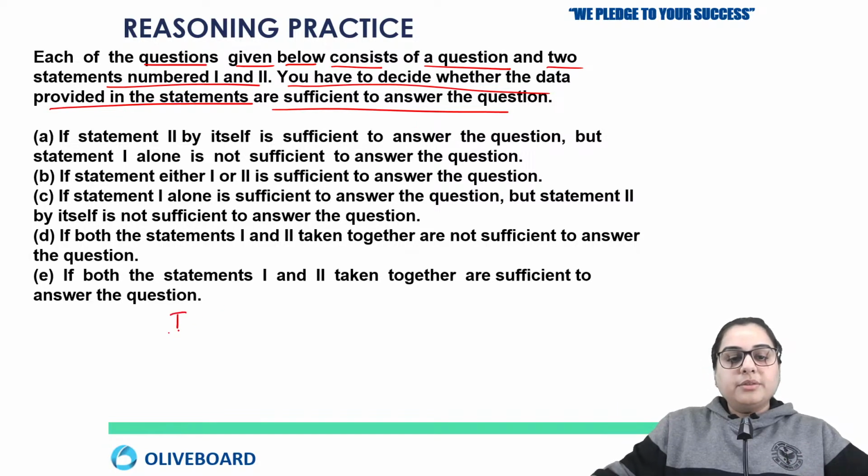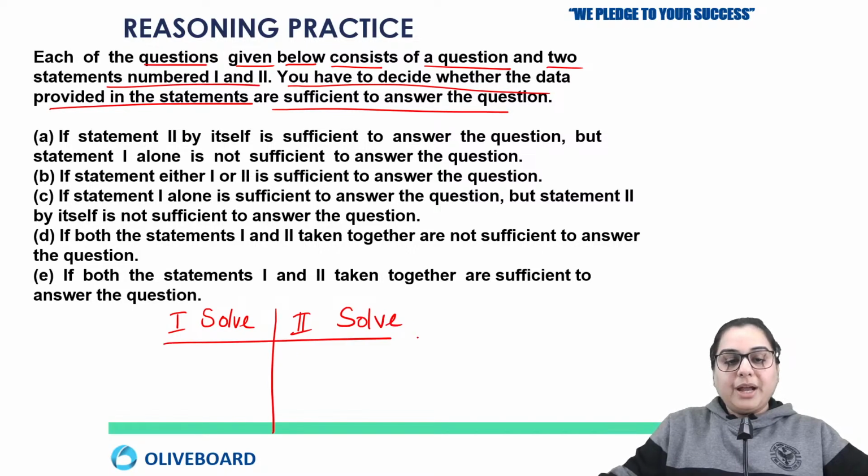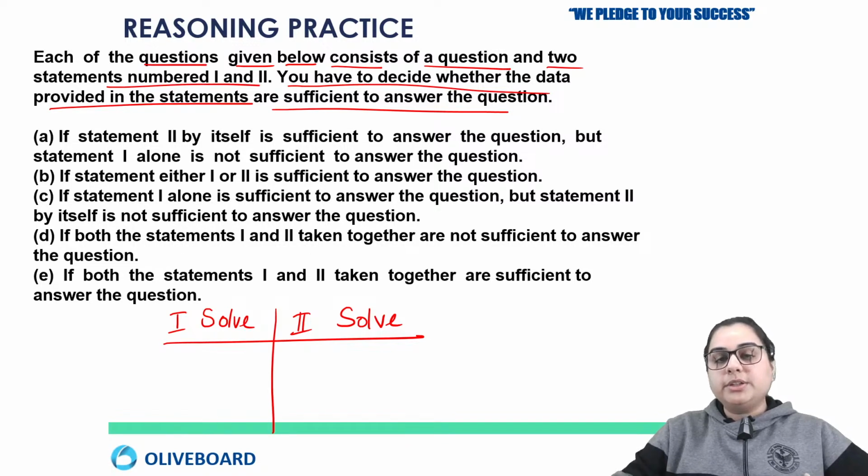Let's solve the first statement and then you have to solve the second. But be very careful, you have to solve both the statements independently. First, you are just going to use the information that is there in the first statement. If you get the answer from the first statement, then you are going to solve the second statement information individually without merging both. So if you get the answer from the first one, like what the question is, if you can get the answer from the first statement for that question